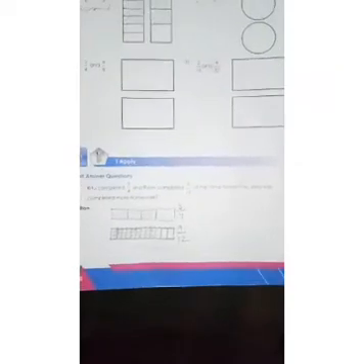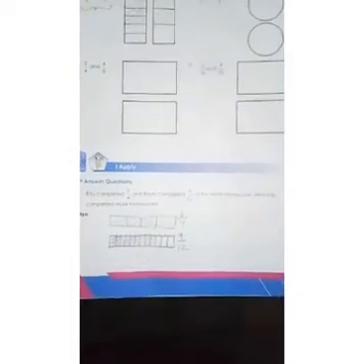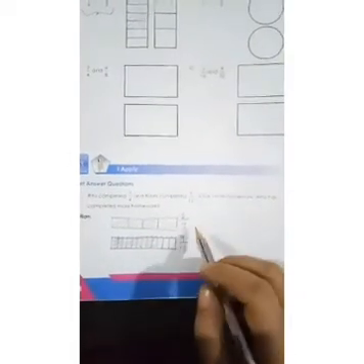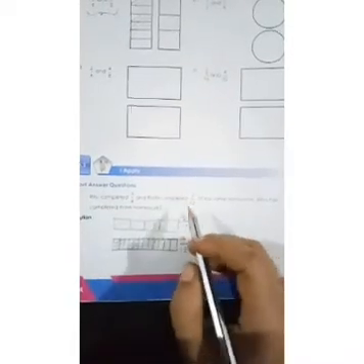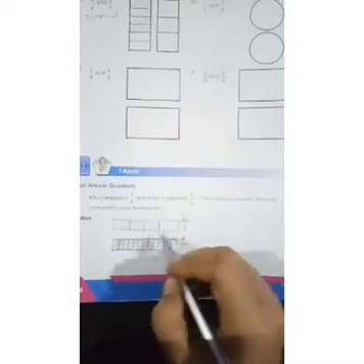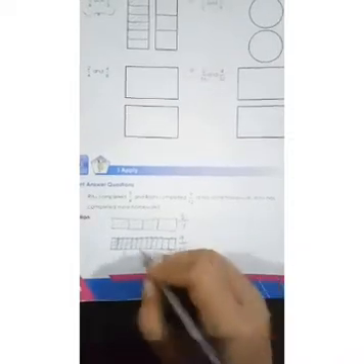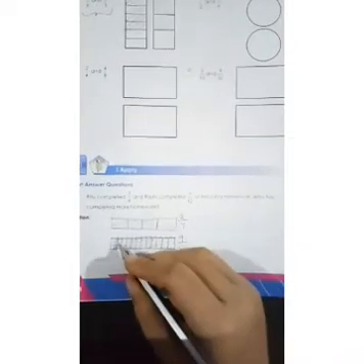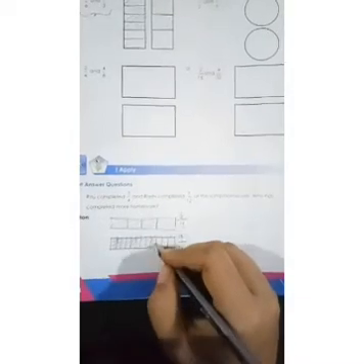Okay. The next question is, Ritu completed 3 by 4 and Rashi completed 9 by 12 of the same homework. Who has completed more homework? So in questions like that for equivalent fractions, we can take geometrical figures like that and divide them into equal parts. Now the first is 3 by 4. So 4 equal parts, 3 I have shaded. Similarly 9 by 12, so I have divided into 12 and I have shaded 9 parts. Now we can see it falls almost in the same line.